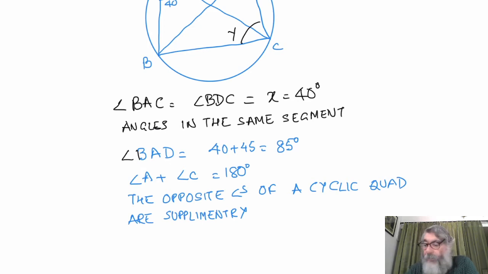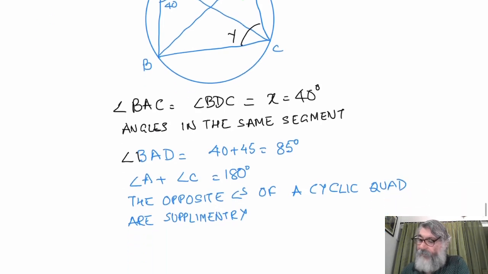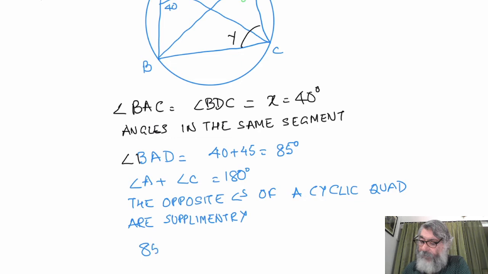So in the same way, angle B plus angle D will also be 180 degree. When I say angle B, I mean to say ABC. The complete angle ABC added to ADC should be equal to 180 degree, like angle BAD plus angle DCB should be equal to 180 degree. So angle A is how much actually? 85. Angle A is 85. And this is how much? Angle Y is equal to 180 degree.